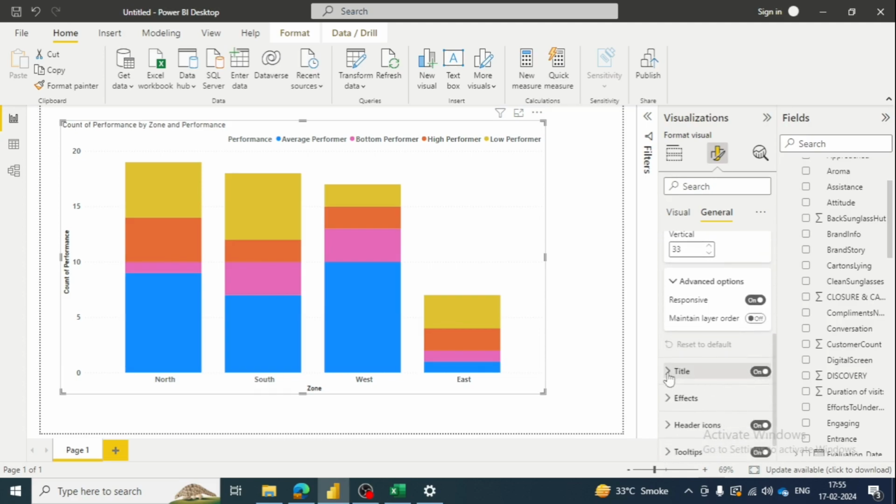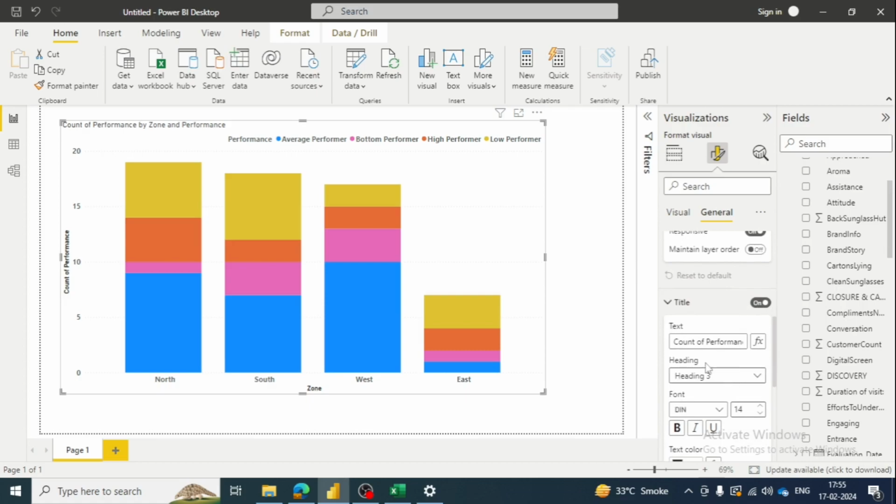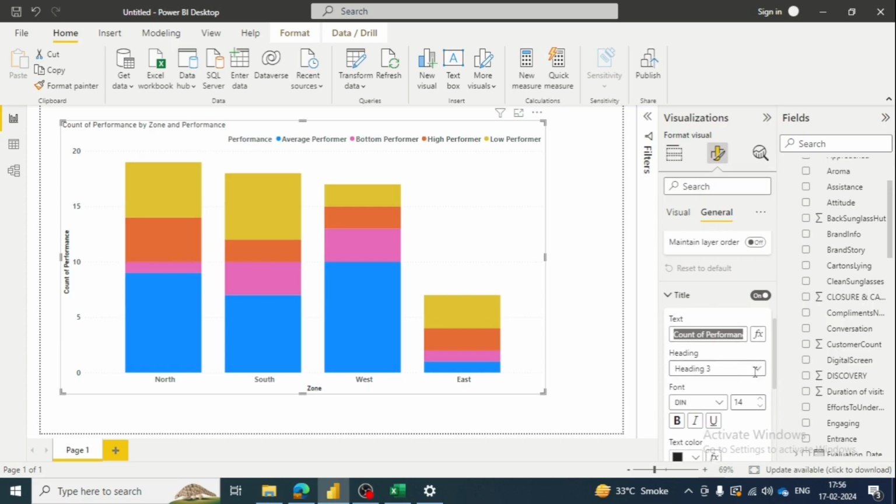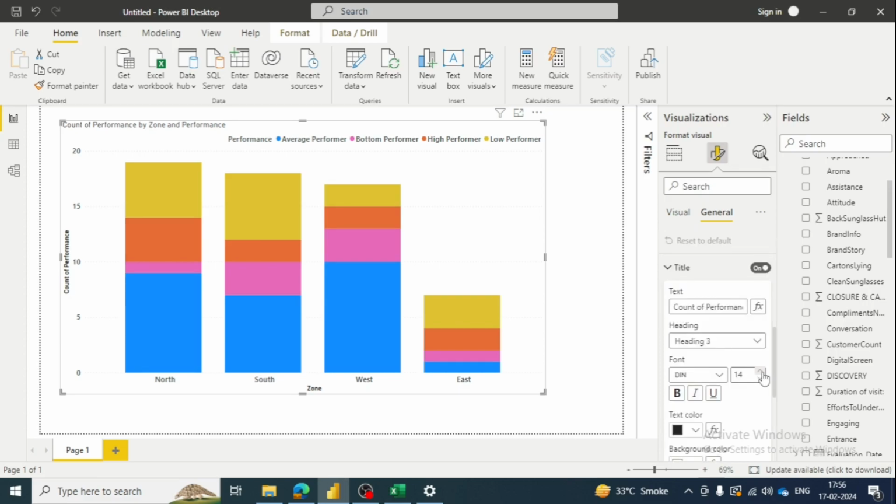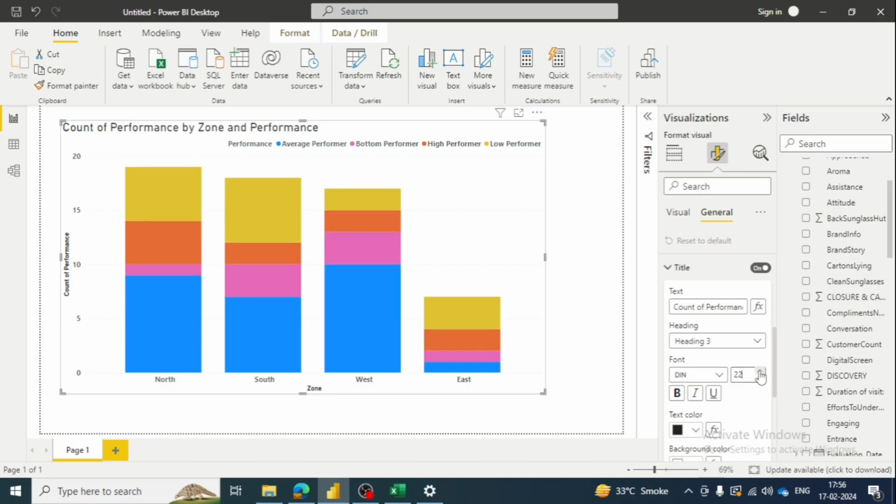Okay, but let's say I just want to focus on this count of performance by zone, count of performance by zone and performance. So this is a count. Okay, so what I will do, I'll make this bigger. You can change the name of the visual as well. Okay, let's say if you want to name something else,